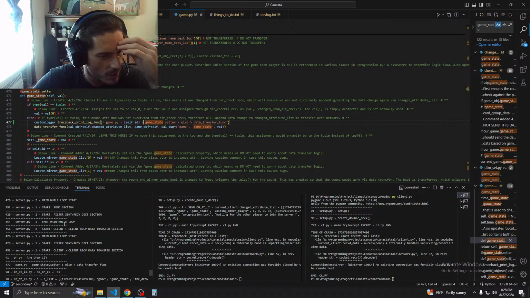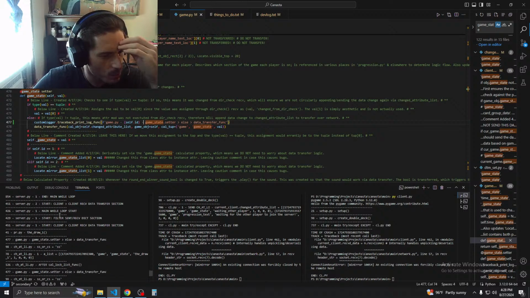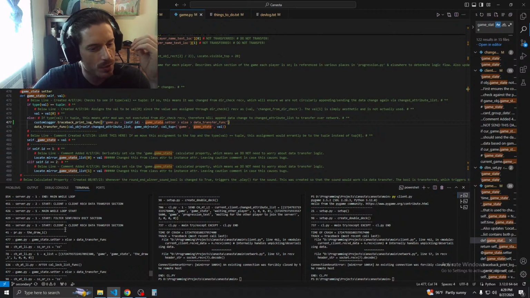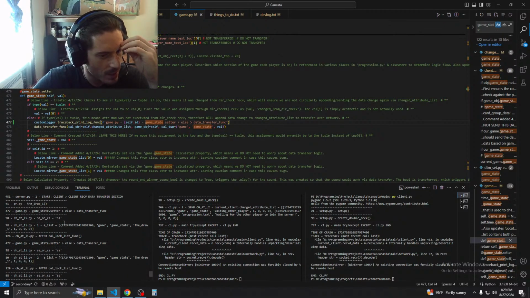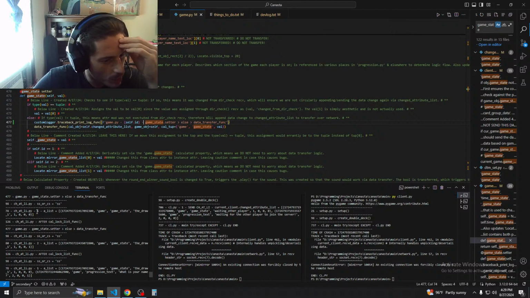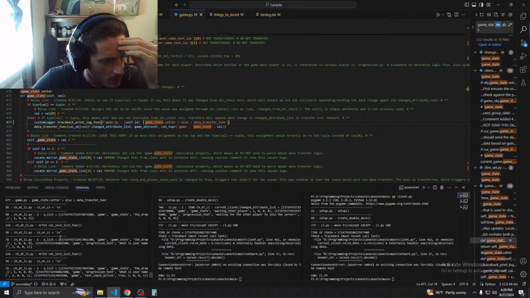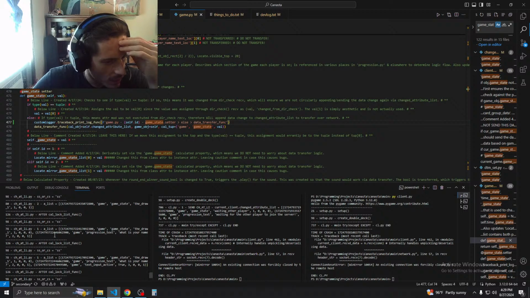So we started the send section already, but then we end the main while loop, so we have a new main while loop start, client received data transfer section, okay. Now we have this data being added to the each change attribute list for client 1, and this one is for client 1. So we have data added to